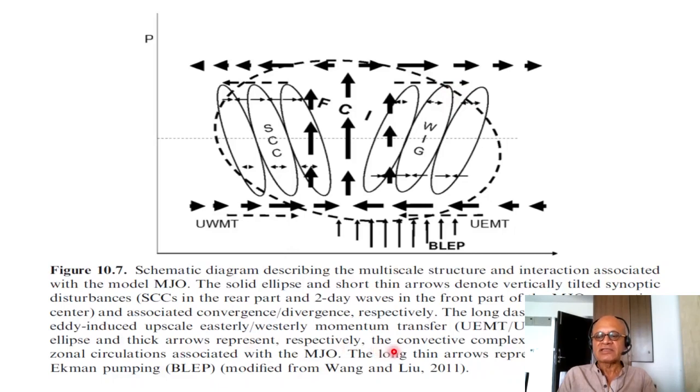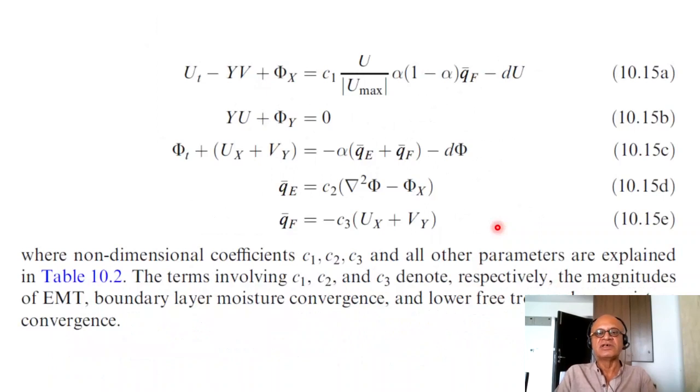The convective complex and the planetary scale zonal circulation associated with the MJOs are included here as well, with the thick arrows. The long thin arrow represents the boundary layer Ekman pumping here, or the BLEP, boundary layer Ekman pumping. So in a simple case, this is a heating, and you have the westerly momentum transport and easterly momentum transport happening here, and we will come back to this in a little bit. But taking all these processes, a model is built for this